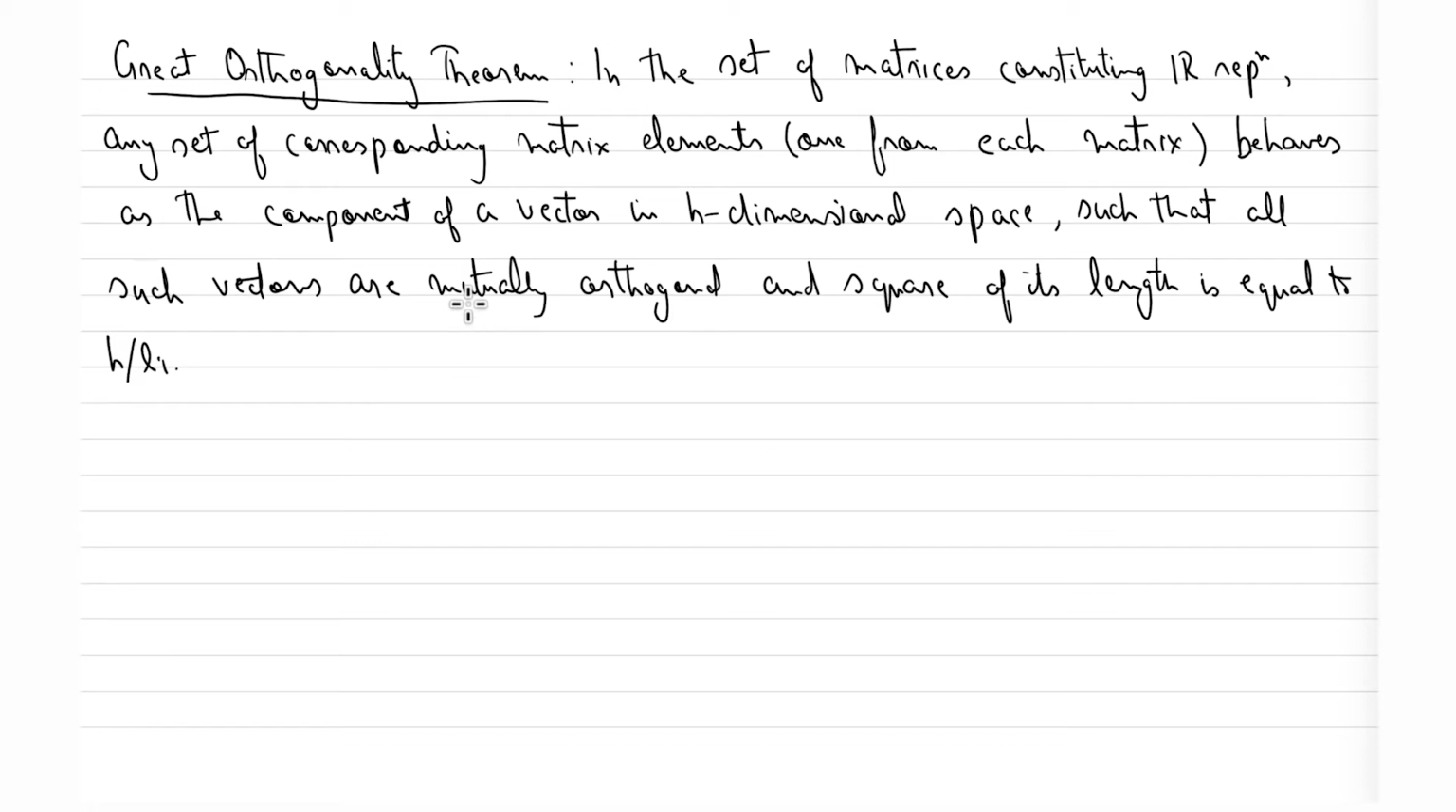So let us look at the definition. In the set of matrices constituting IR representations, any set of corresponding matrix elements behaves as the component of a vector in h-dimensional space such that all such vectors are mutually orthogonal and the square of its length is equal to h by li. So let us look one by one at what it actually means. It's a complicated statement, but let's take an example and see what it means. In the set of matrices constituting IR representation, let's take the case of the C3 point group,